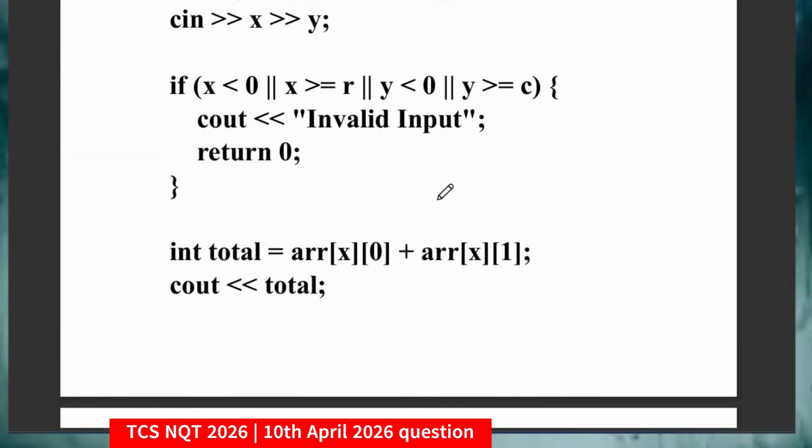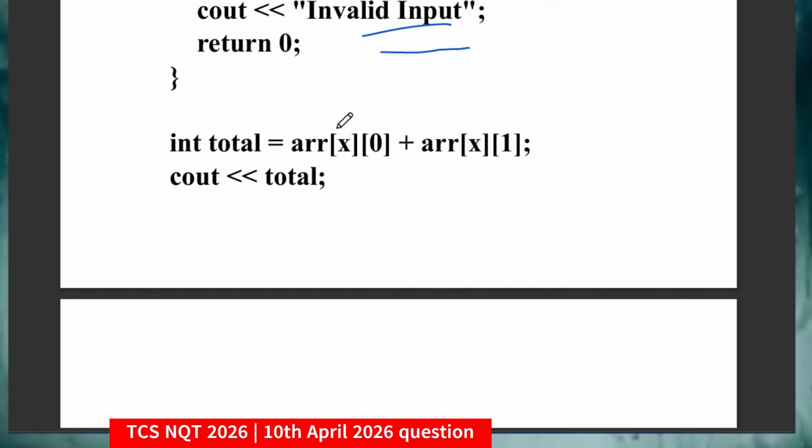Now what I am trying to do, again trying to basically check the edge cases, that कहीं भी अगर x less than 0 या x greater than r हो जाएगा, means row से अगर ज़्यादा हो गया या column से ज़्यादा हो गया, then I will print the invalid input. Otherwise, I will just try to calculate those values. Simple. This is the core logic of the question.